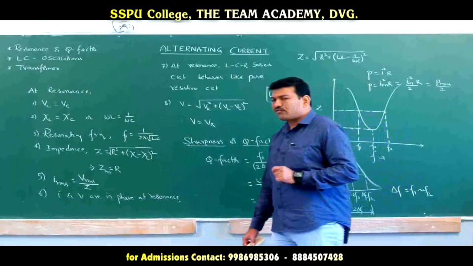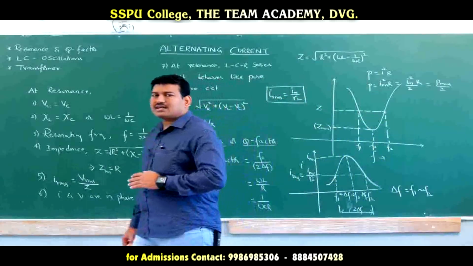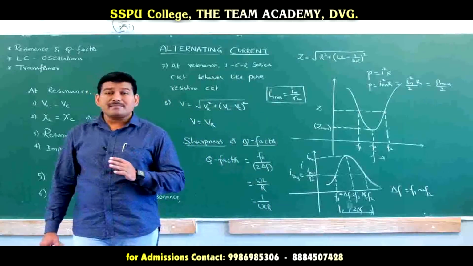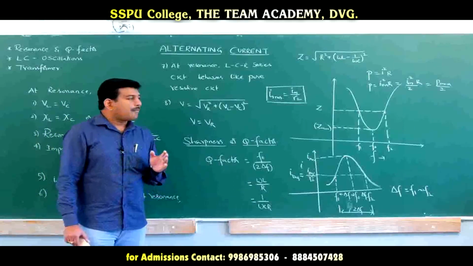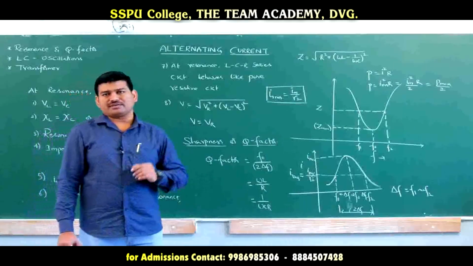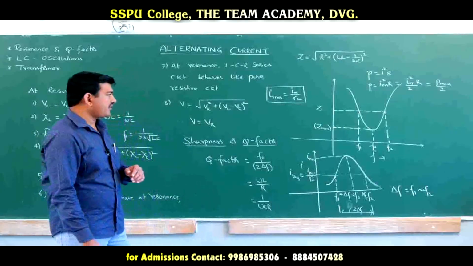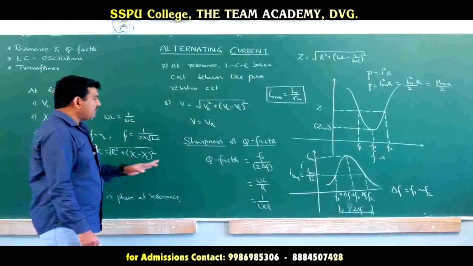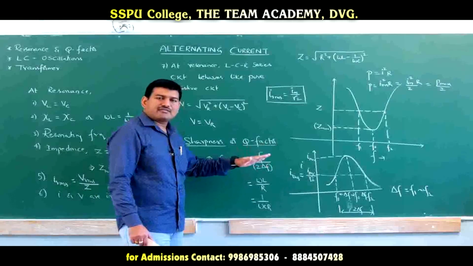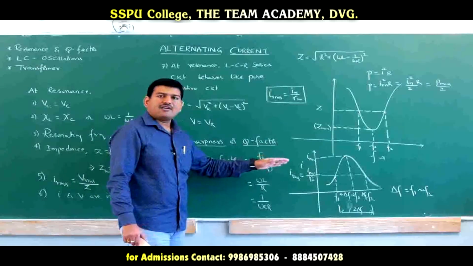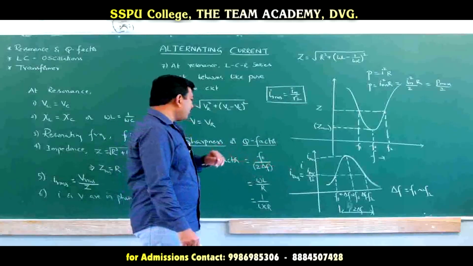What are half power frequencies? The frequencies that correspond to the RMS current, or the frequencies that correspond to half of the maximum power, are said to be the half power frequencies. Bandwidth definition, I think you got. What is the bandwidth definition? The difference in the half power frequencies is said to be the bandwidth.